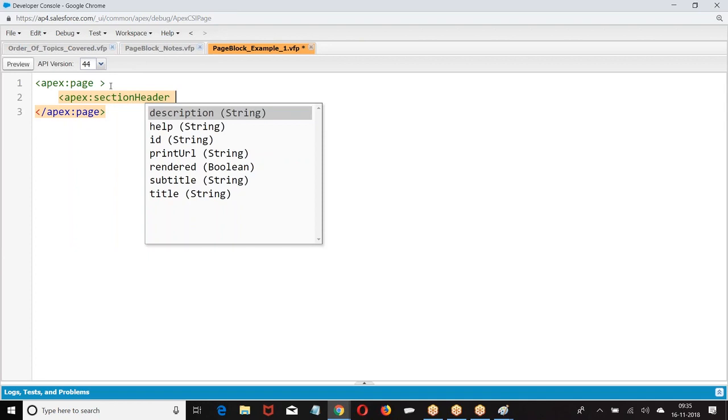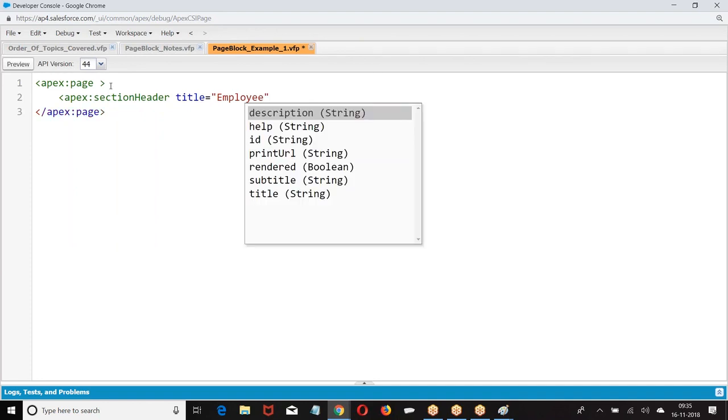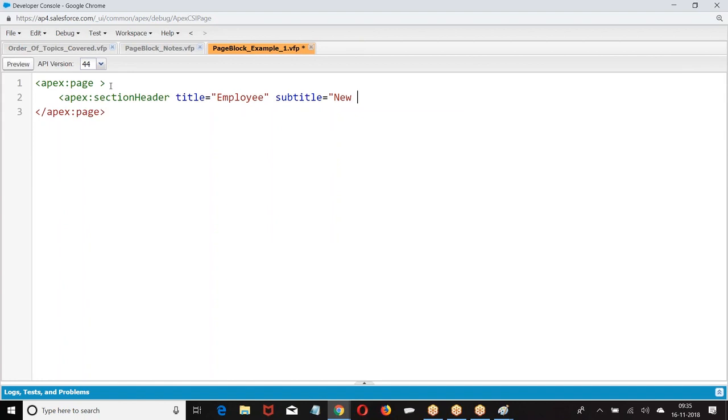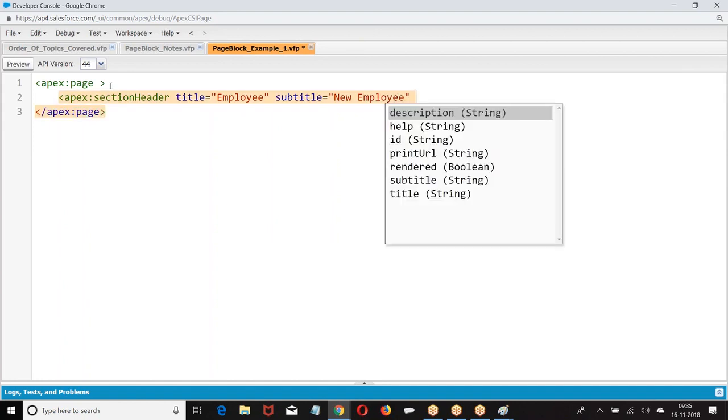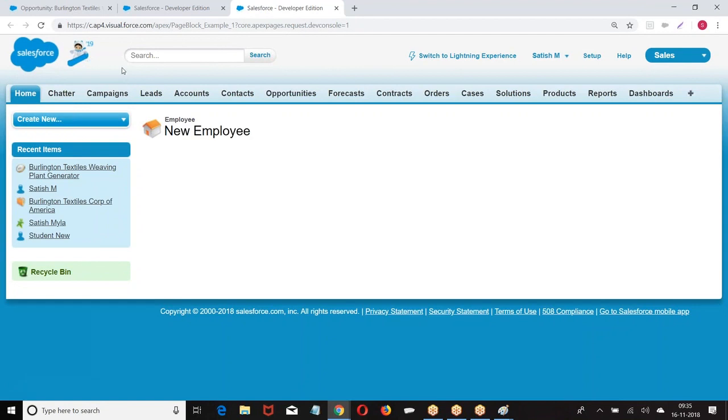When you go for the Apex page section header, we give title and subtitle. I told you already, if you want to use a section header, it should always be the first element. So I gave title, subtitle.